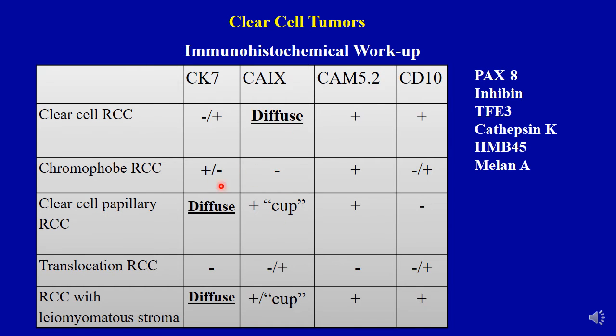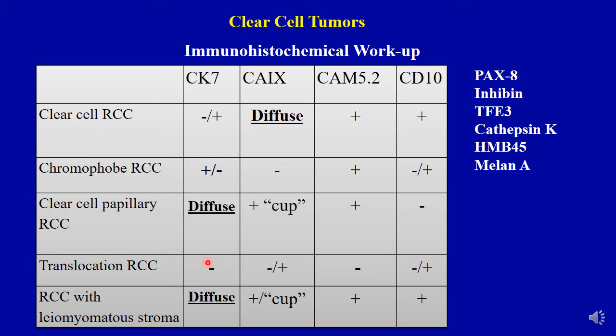Clear cell papillary renal cell carcinoma has also been shown to have a cup-like apical sparing staining pattern, which was originally considered characteristic for clear cell papillary renal cell carcinoma. But we have also shown that this type of staining pattern can focally be prominent within renal cell carcinoma with leiomyomatous stroma. Now, regarding translocation renal cell carcinoma, if you suspect that particular entity, you have to keep in mind